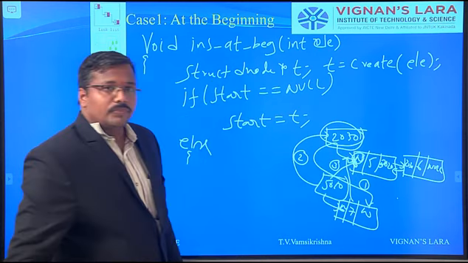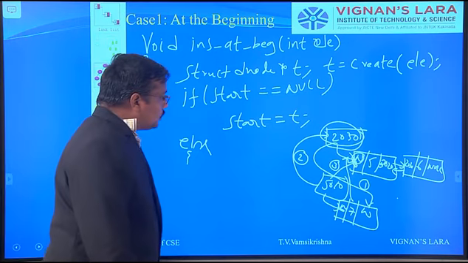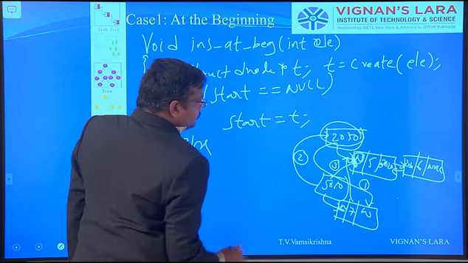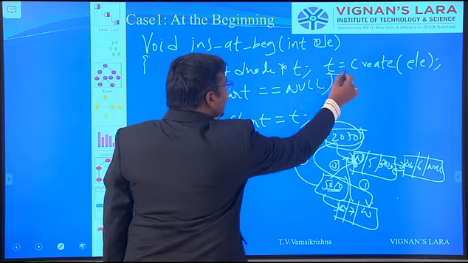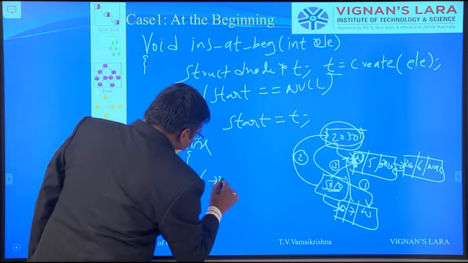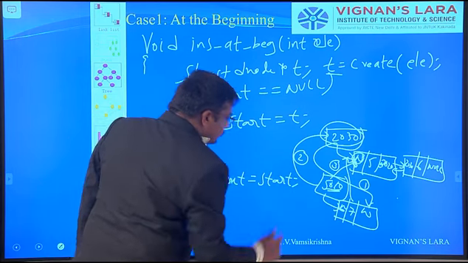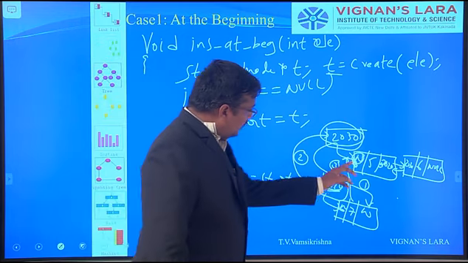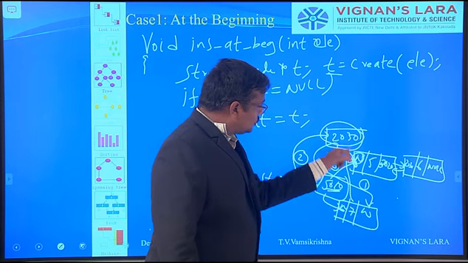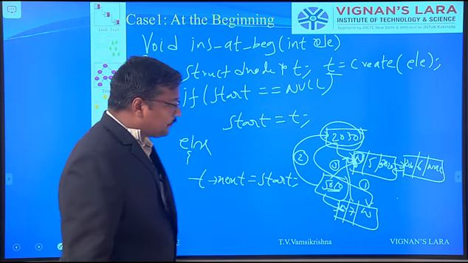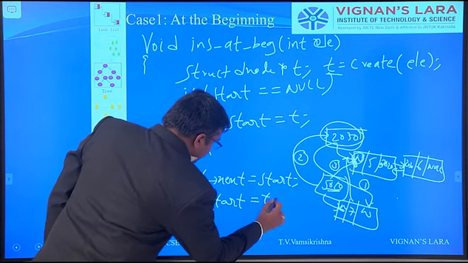That is the thought. When we have written these three statements, it worked. So what do we have to do? First operation: this address is copied into here. This address is already in T. So T of next is equal to start. Once again I am repeating, T of next. So T having 5010, T of next equal to 2030. 2030 is nothing but start. After that, start is equal to T.